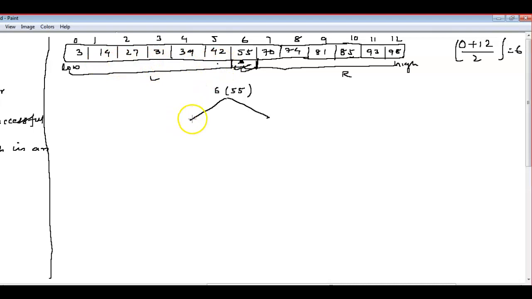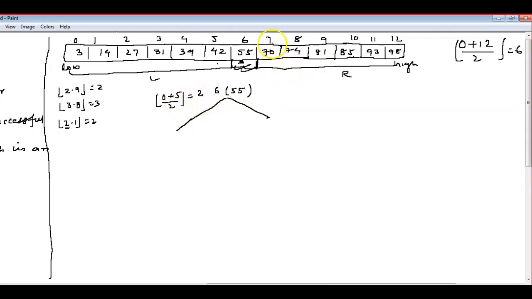There are 5 elements, so you can write here 0 plus 5 by 2. How much is that? 0 plus 5 by 2 is 2.5, and you take the floor value, so always take 2. The floor value means if any decimal number is given, like 2.9, you should take 2 only. This is floor. If 3.8 is given, take 3. If 2.1 is given, also take 2 only. Always integer values, less than the integer value. So 0 plus 5 by 2 is 2.5, and you take the second position, right?